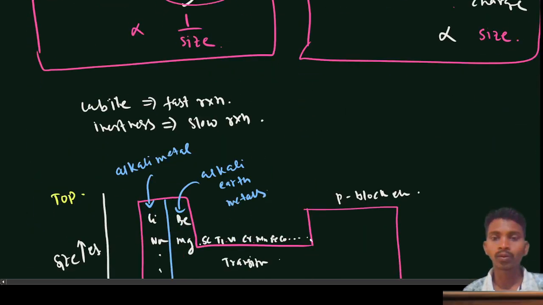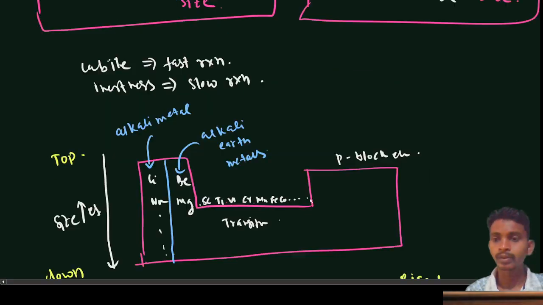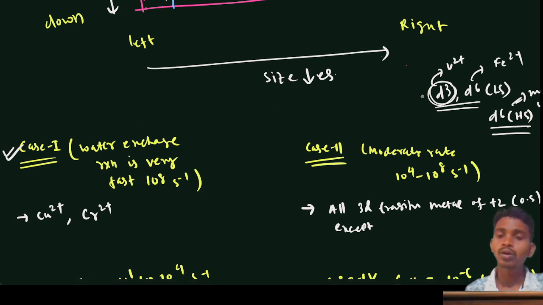So it is found that all transition metals except d1, because they accept this, d2 plus that will become d3, and we know that d3 is always inert. So all 3d, meaning d6, also fall, Fe2+ also falls, except V2+. Fe2+ everything will fall in this case, meaning the rate is 10^4 to 10^8 per second.